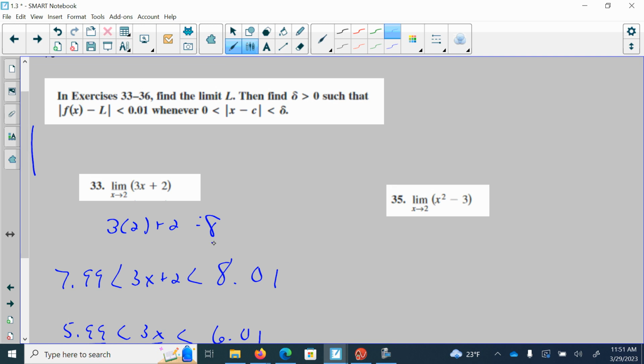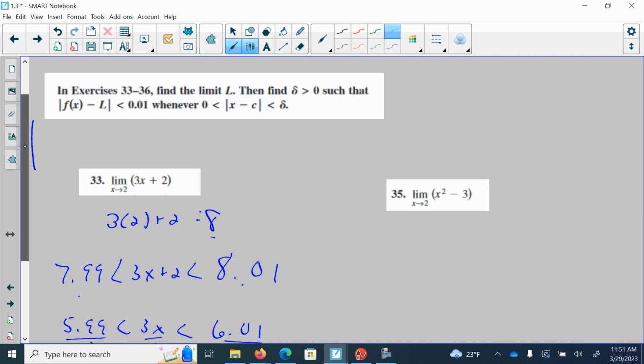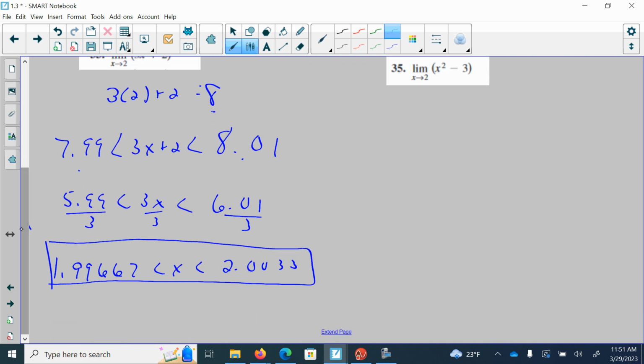I'm going to add and subtract 0.01. That's how I get this and this. I'm going to solve for the x, and that means my x value has to be between 1.99667 and 2.003. Now, the actual formal definition wants you to take it one step further and say, how